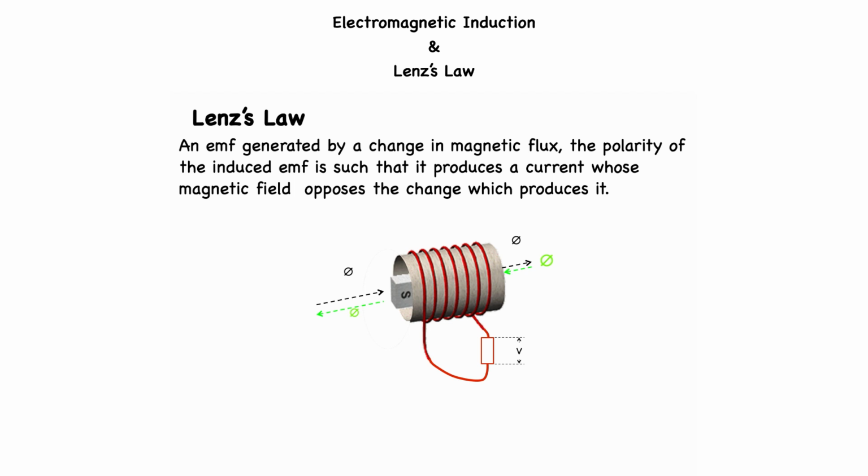In other words, the induced magnetic field is always opposite to the magnetic flux which produced it. This is the reason for the negative sign in the Faraday's law equation. So, in order to check this out, we will apply the right-hand rule. The fingers must point in the direction of the magnetic field, right to left. The thumb will point in the direction of the current, which is up and over,